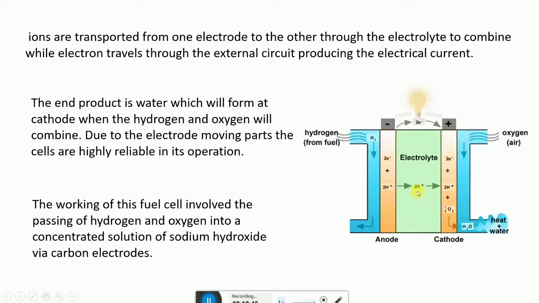In other cell types, oxygen picks up electrons and travels through the electrolyte to the anode, where it combines with hydrogen ions. Means in this case, the electrolyte plays a key role. It must permit only the appropriate ions to pass between anode and cathode. Together, they then form water.